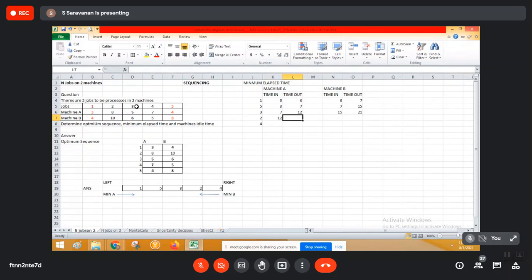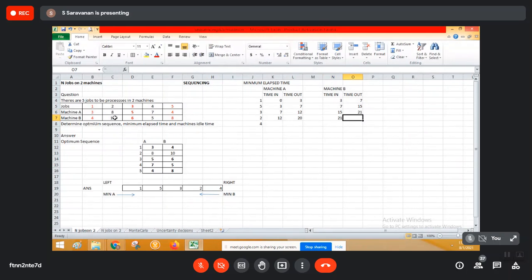Fine. How many minutes is it going to take in that second activity? In the second activity, the machine takes 8 minutes. So it is now coming out at the 20th minute. See here, again, 20 is here, 21 is here. So machine B can accept the job only at 21 because still it is in process. Okay, so 21, right?